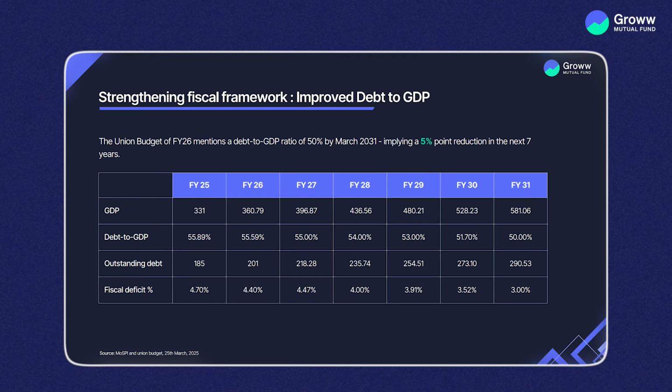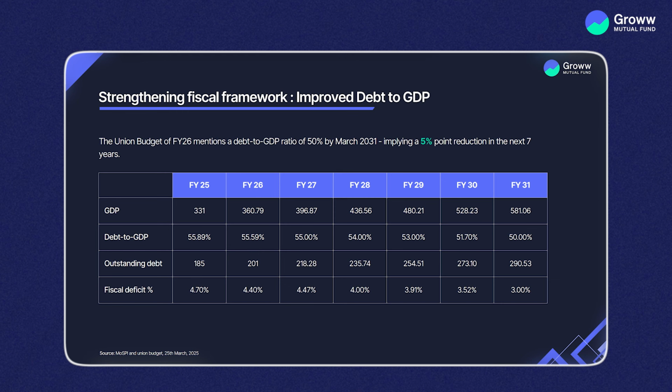So for this third factor, the medium term fiscal framework becomes very important, which determines the supply of government securities in the market. And we all know the basics of demand and supply, that if supply exceeds demand, you see it in interest rates. So what government has done is this medium term fiscal framework, that wherein in this union budget of FY26 they